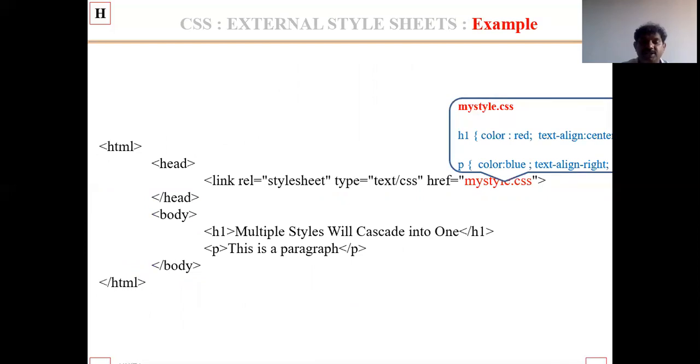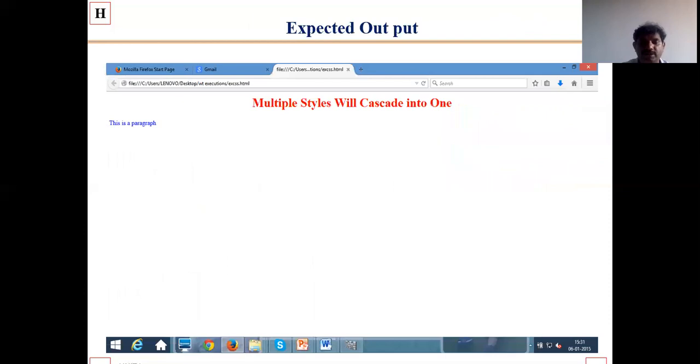Close the header section, and in the body itself, H1, multiple styles will be cascaded into one, and close the header 1 section. Take the paragraph P, this is a paragraph, close the ending tag with P, close the body and close the HTML. In the output screen, we can see multiple styles cascaded into one. We can see the heading in red color. This paragraph, this is a paragraph, we can see in blue color. This is about the